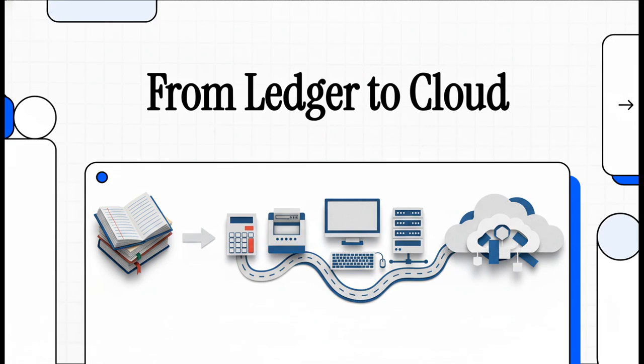Hey everyone, and welcome. So, if you're studying accounting information systems, you're basically learning the rules of the game, right? But what if I told you the entire game board has changed? Not just once, but over and over again. Today, we're going to take a tour through that whole evolution, from old school physical ledgers all the way to the cloud, to really understand how we got here, and more importantly, where you fit into all of it.